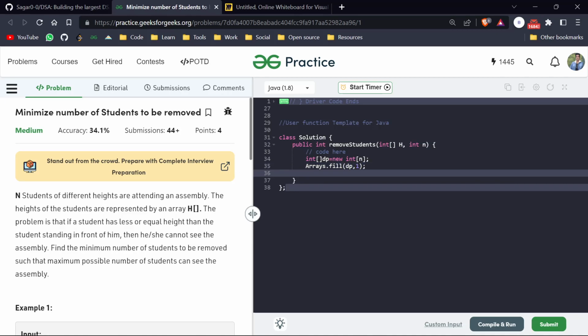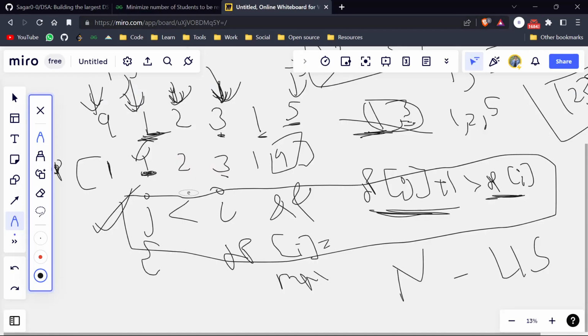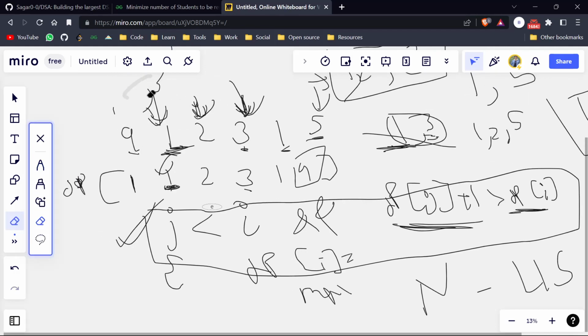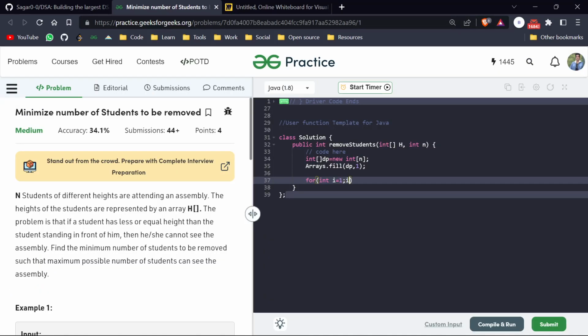And after that, we have to traverse our DP from the first value, because we cannot just check for 9, right? What we are doing every time. So let me clear it. Every time, we have some i pointer, and we are checking all the values previous to that. So we cannot start from 9 because there is no previous value. So we will just start from our first index. So i should be less than n,